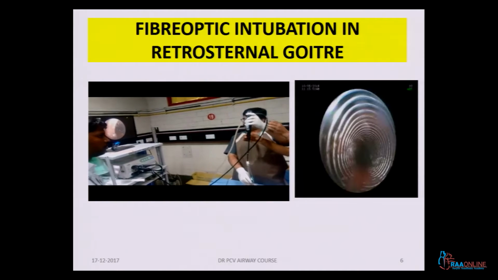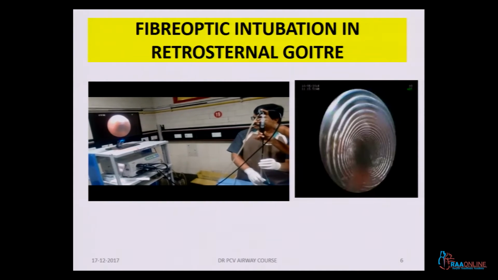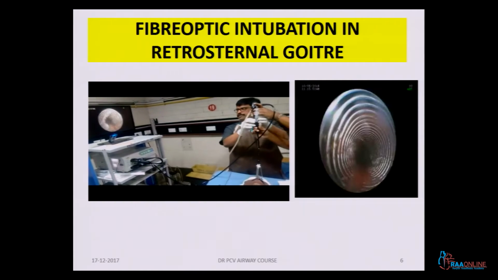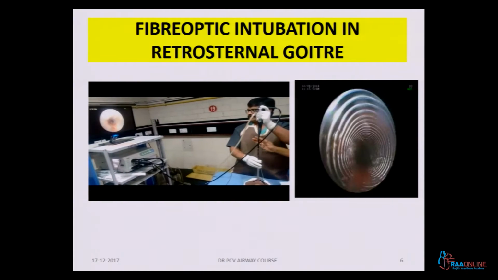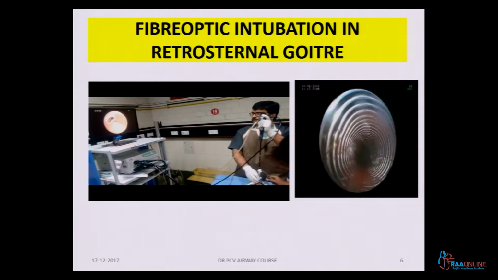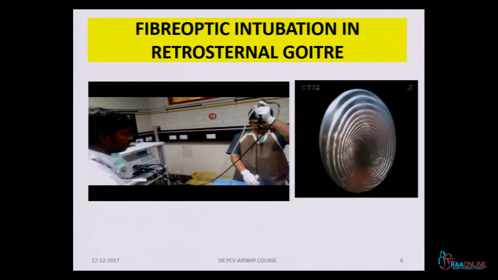Sometimes for that we need two people to hold the scope and keep it taut and try to manipulate the endotracheal tube. The manipulations are two: either you have to thrust the endotracheal tube, or otherwise we have to rotate the endotracheal tube to push it over the scope, and this is called the dynamic airway compression. You can see nicely the trachealis muscle coming upwards and try to obliterate the view.